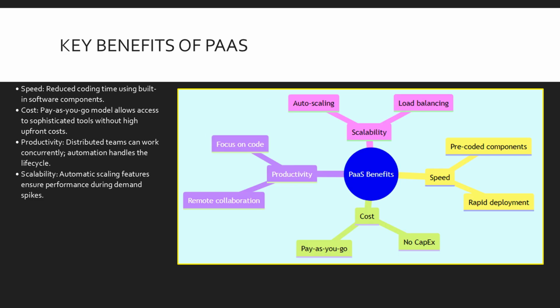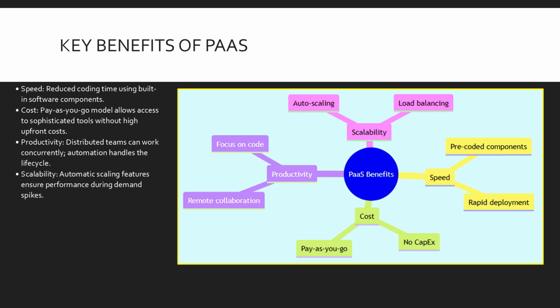and users. Why choose PaaS? First, it increases speed. PaaS allows developers to create applications faster by using built-in software components, reducing the amount of coding required. Second, it is cost-effective. The pay-as-you-go model allows organizations to use sophisticated development software and business intelligence tools that might otherwise be too expensive to purchase outright. Third, it supports distributed teams, allowing developers to work together on projects regardless of location. Finally, PaaS services generally come with built-in scalability and load balancing, ensuring your app can handle traffic spikes without manual